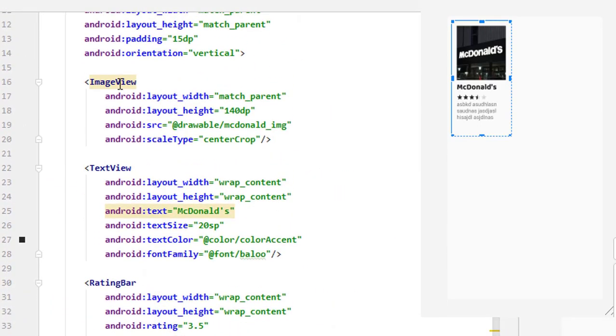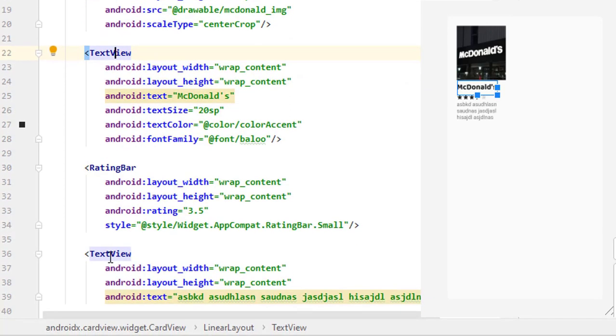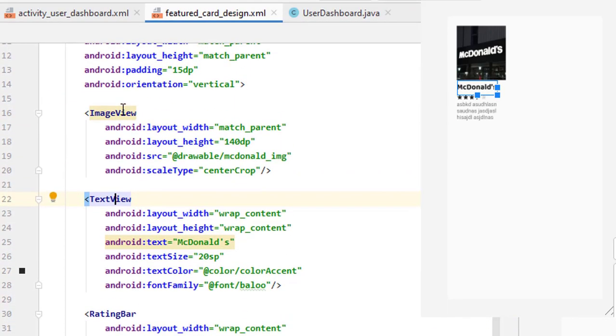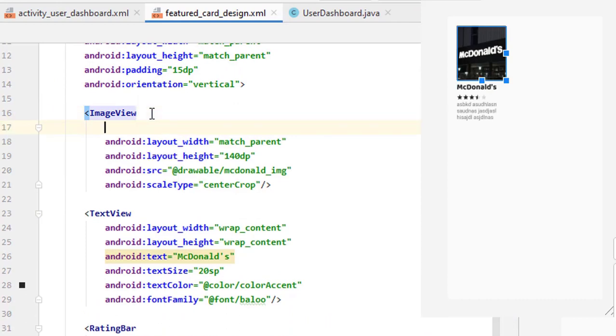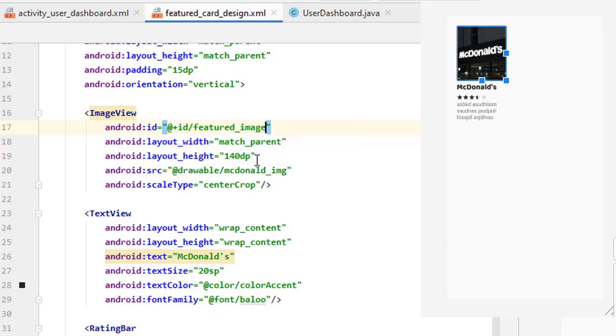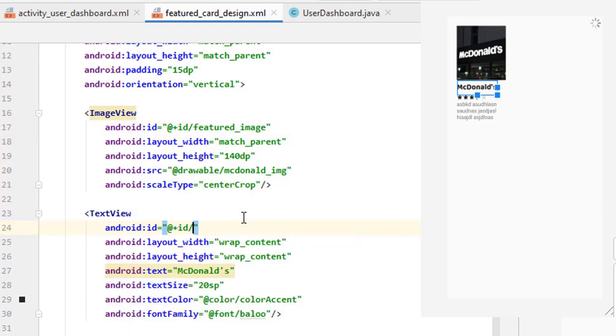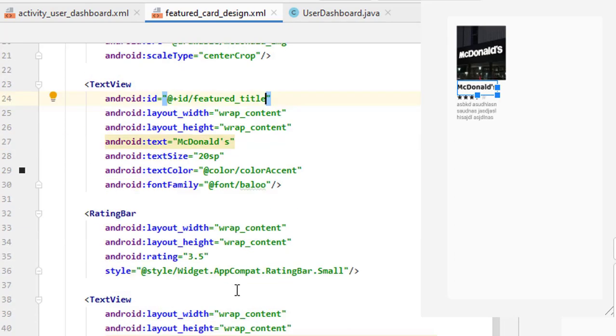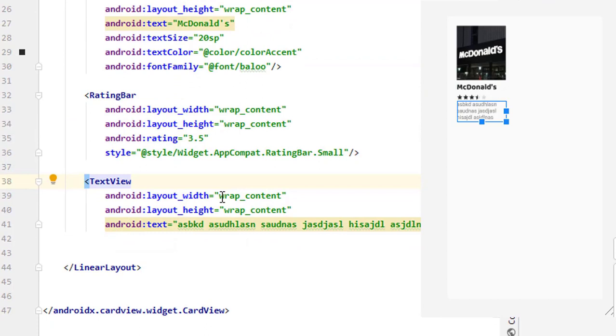So now we want to change these images and this title or maybe the description dynamically for each card view. So we have to assign their IDs. The image ID will be featured image. Let's copy this featured. Then this text view will be feature title, and if in case you want to change the description as well,